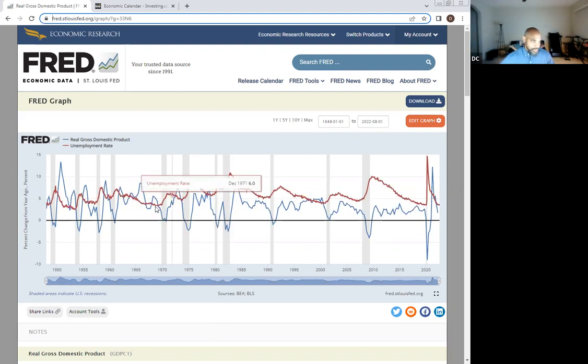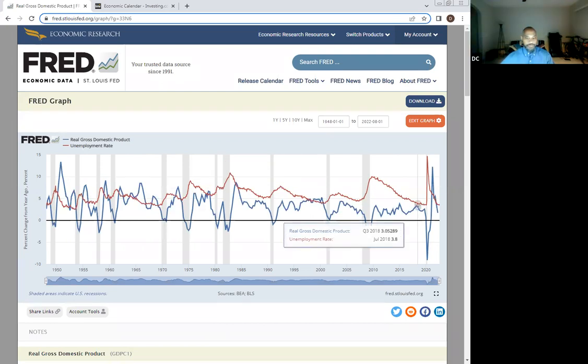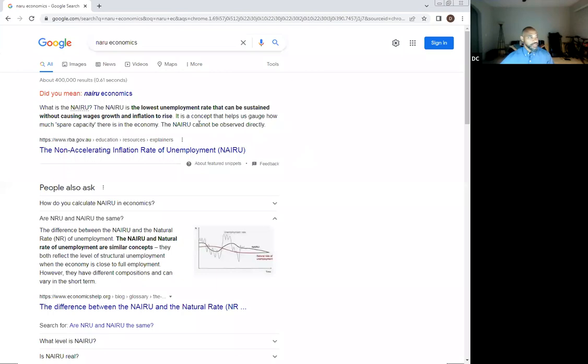And so, as you can see, if you did an average, you could kind of get to that. But the economic term, which I will show here, I had that prepared for you guys, the natural non-accelerating inflation rate of unemployment is the lowest unemployment rate that can be sustained without causing wage growth and inflation to rise at the same time. So that is what the